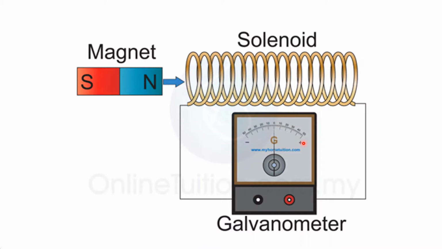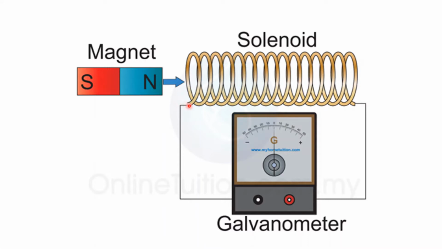When the needle deflects on one side, it shows the direction of the current and it will also show the reading of current. The deflection on the other side of 0 shows that the direction of current has changed, and it will also show the reading of current. Thus, the galvanometer pointer deflects on both the sides of the 0 mark depending on the direction of the current. What will happen if the magnet is moved in and out of the solenoid?